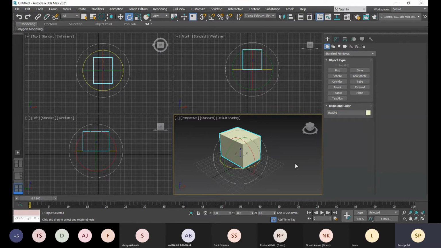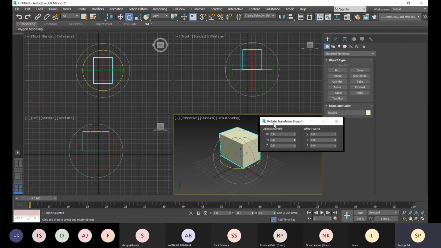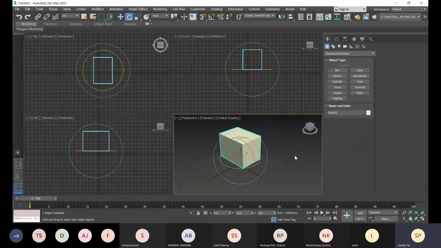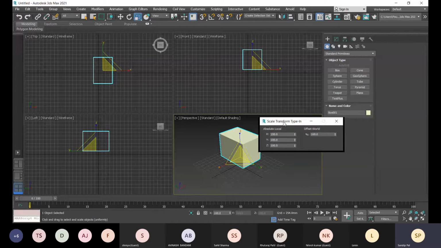So now if you press F12, that is your transform type-in window, right now it's showing the rotate transform type-in. If you enter values, it will rotate in that axis, right? And if you press R for scale, and then press F12, that will help you to scale with a proper value, right?